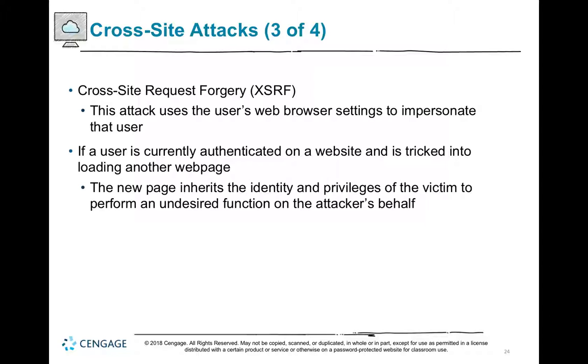So cross-site request forgery is different than cross-site scripting. Instead of violating the trust that a browser has in the website that it's viewing, it violates the trust that a website has in a user's browser. So there are different ways to carry this out. The idea is getting a user to make a specific web request. If a predictable user action can be tied to a specific URL request, then the attacker can craft that request and then entice the victim somehow to click on a link or visit that URL